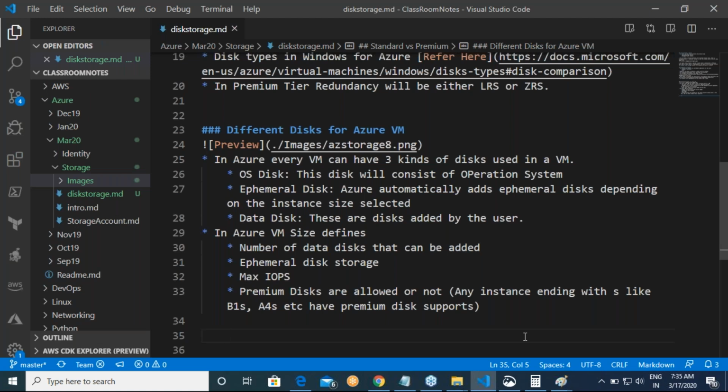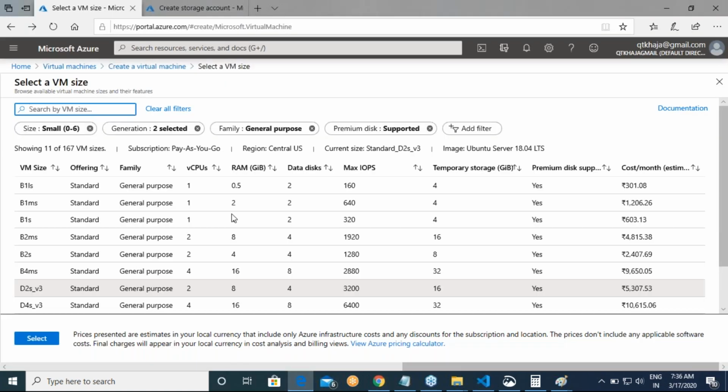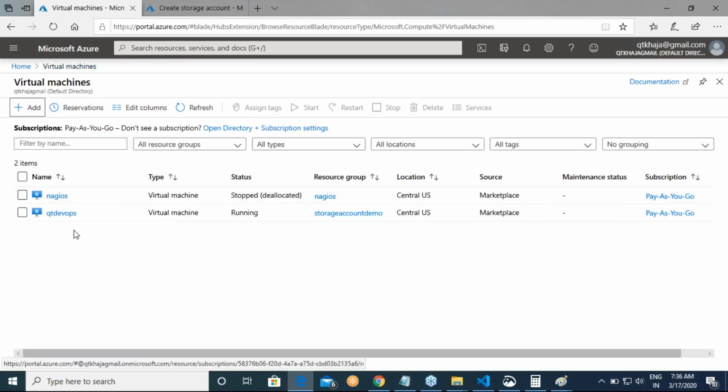We have a disk now which we can create with various factors, like whether I want a standard disk or a premium disk. When I'm attaching this disk to a virtual machine, it will ask me which disk I'm adding. The ephemeral storage we cannot add, it is automatically given. The OS disk you will select while creating a virtual machine, and then I can add a number of data disks. Now let me go to my existing virtual machine, which you guys have already created.